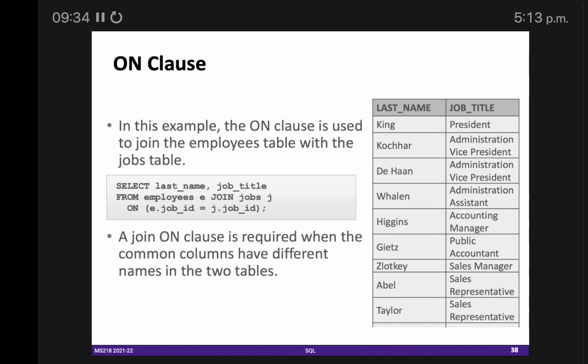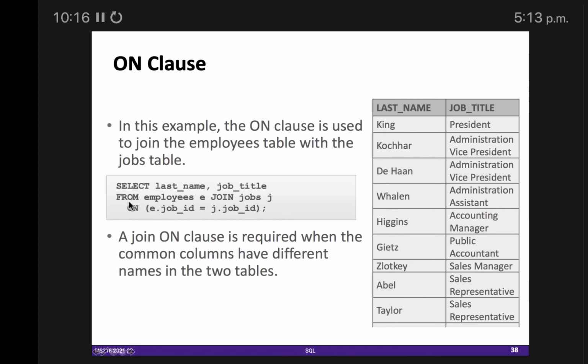For example, I have an employees table with a column name, and a departments table with a column name. How will I distinguish which name attribute should come from the employees table? I would say e.name and d.name. e.name means I'm talking about the name attribute from the employees table, and d.name means the name attribute from the departments table. That's why I need aliasing, a nickname sort of thing, for tables.